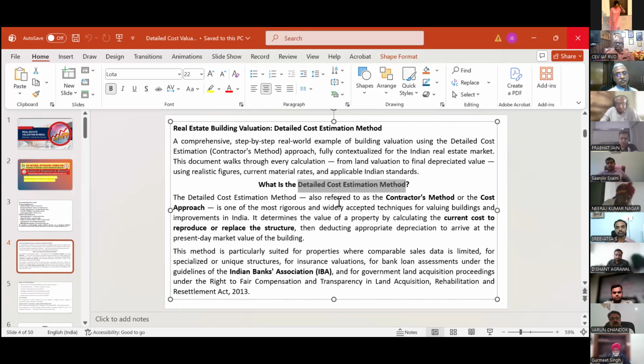If you are doing an estimate, it is the specifications which will be told by the owner that I will be using this type of material. But when you are doing valuation, it means it is already constructed. So the difference between estimation and valuation is that here we don't have to decide about the specification, we have to note down the specifications which are existing at the site. This is the difference. So especially when you do valuation for income tax purposes,